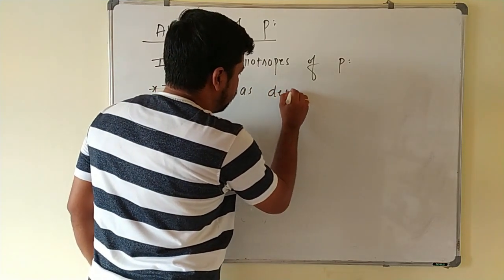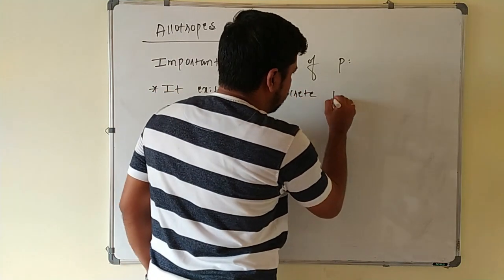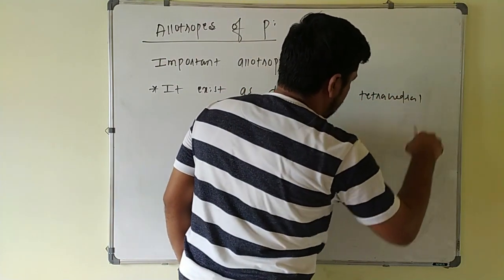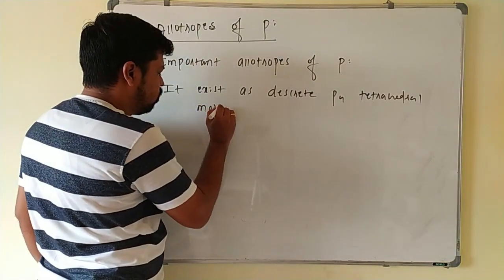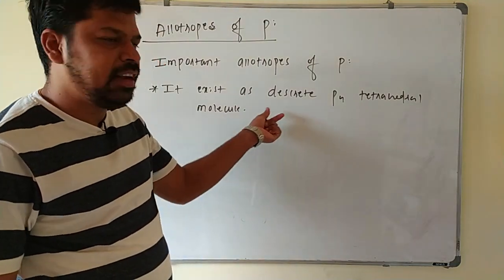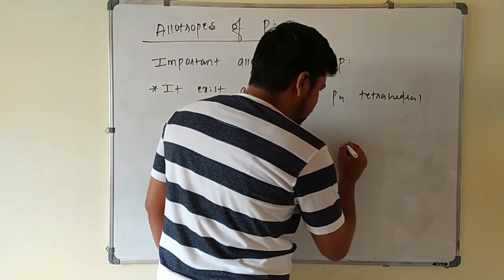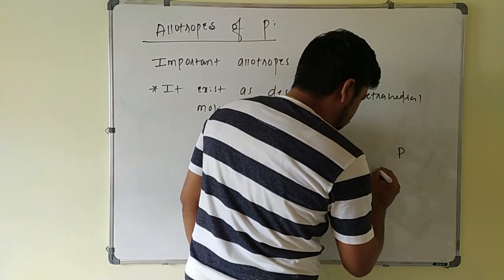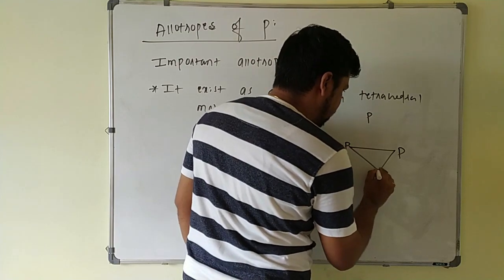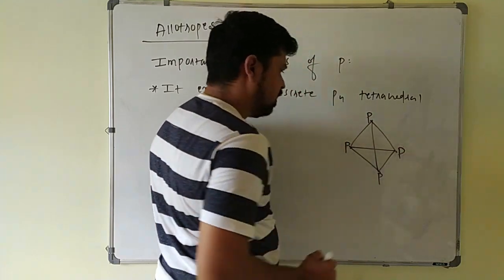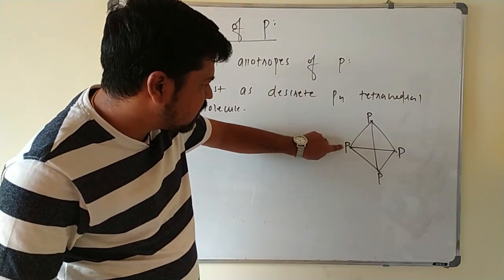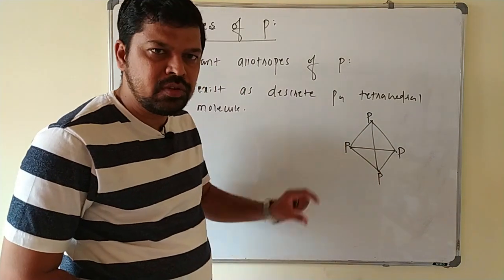discrete P4 tetrahedral molecules. So this white phosphorus exists as the P4 molecule, that is in the tetrahedral manner. You see here, these are the four phosphorus atoms which are occupying the corners of a regular tetrahedron like this. In this way white phosphorus is present, and you can observe each phosphorus is connected to the three other phosphorus atoms, so that it is forming